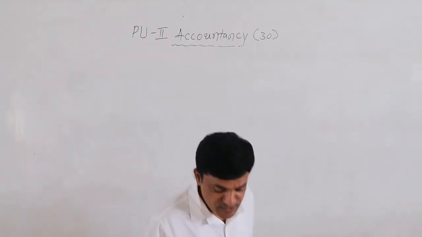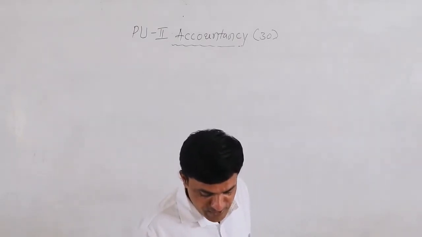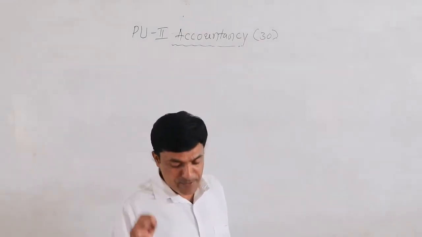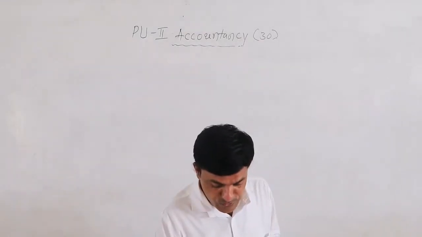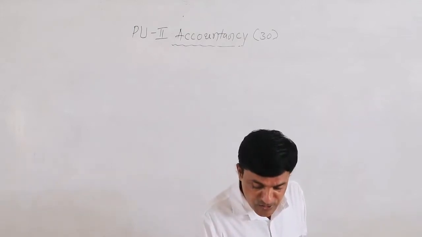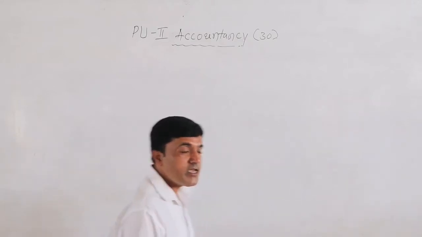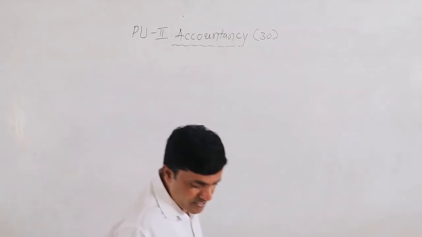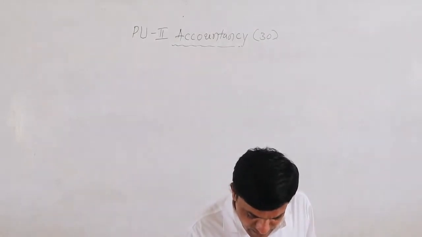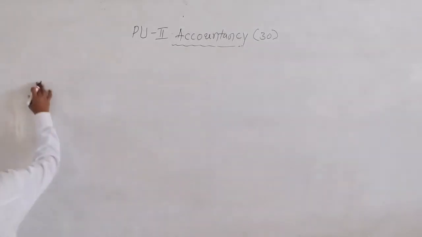In that image, dear students, there are two partners. A and B are partners in a firm, sharing profits and losses in the ratio of 3:2. There are two partners, namely A and B, and their old ratio is 3:2. They admit C into the partnership for 1/6 share in the profits. Calculate the new profit sharing ratio. Look here, the new partner is C. He gets 1/6 share in the future profits. How to solve this kind of problem?